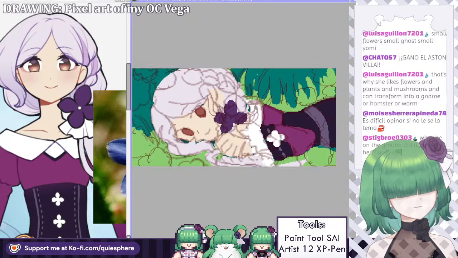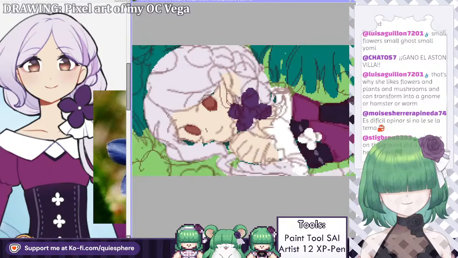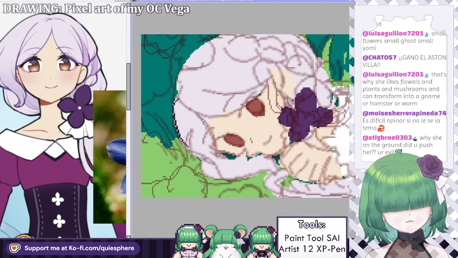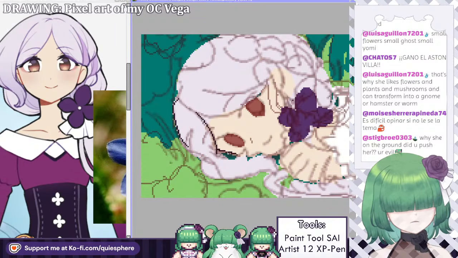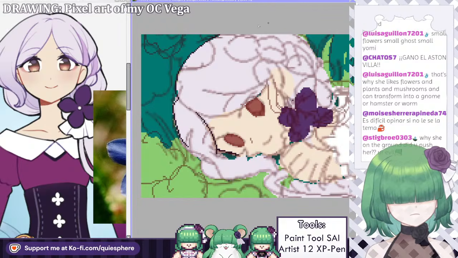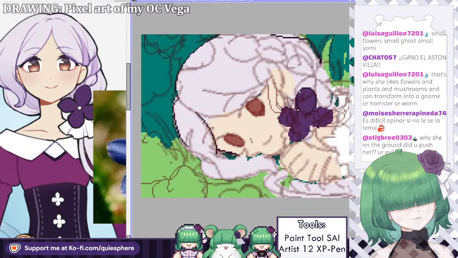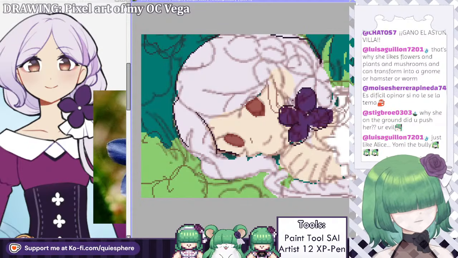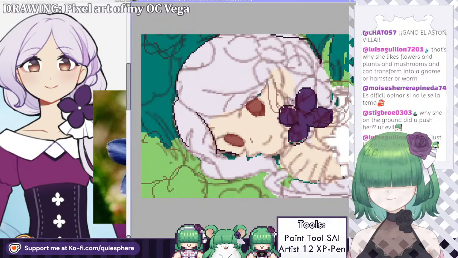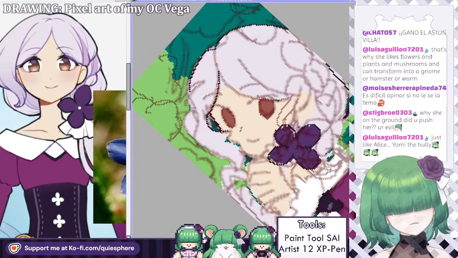Let's do a bit of lines, and we're gonna do it with the darkest color in the palette right now. I'm gonna do it with this one, just to define the shapes a little bit better, because right now this is a mess. We're going to put in some lines, even if they don't correspond to the shape of the color. The important thing is that it's more or less clear what each thing is.